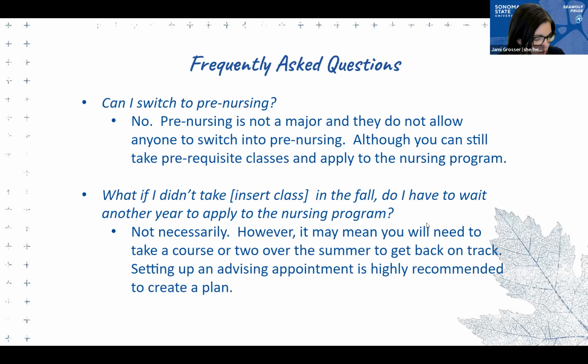So I often get asked, or people will just email me saying, I'd like to change my major to pre-nursing. And unfortunately, you can't switch into pre-nursing. We only admit students when they start at SSU as first-time students. So even transfers, sometimes people want to transfer to SSU, work on pre-nursing, and then apply to the pre-licensure program. Transfers can come to SSU, they can't just be in the pre-nursing program,